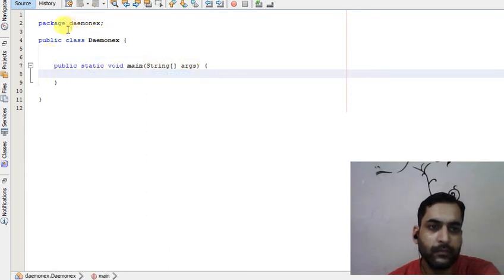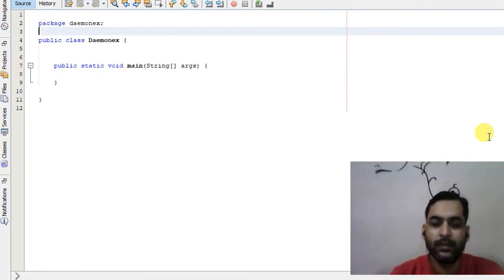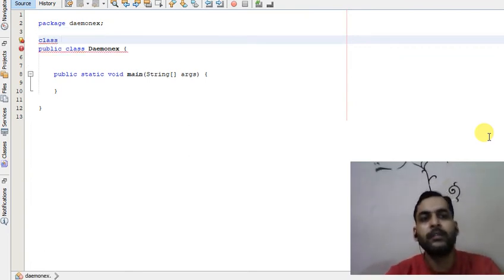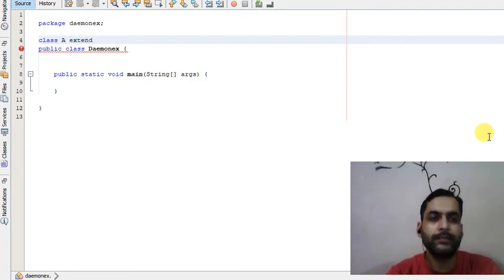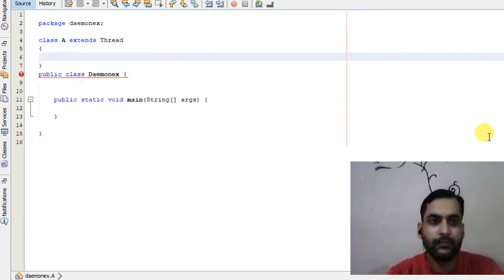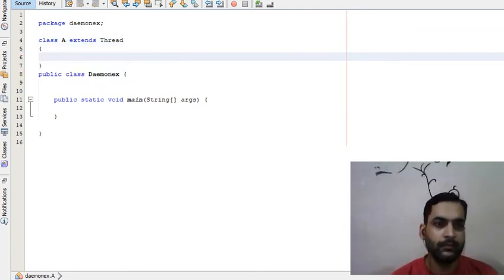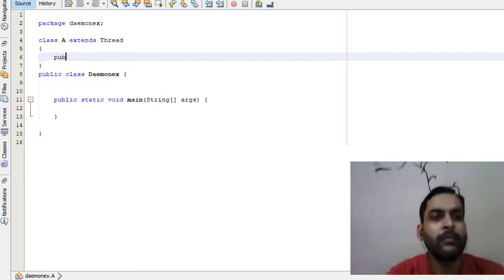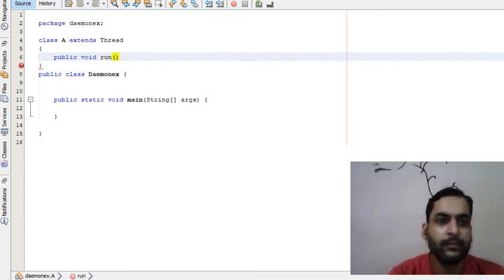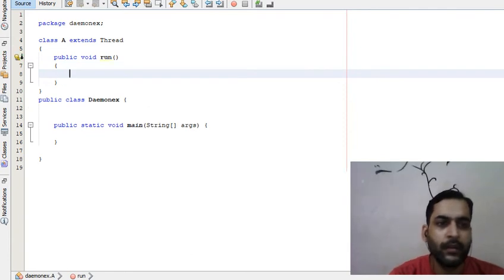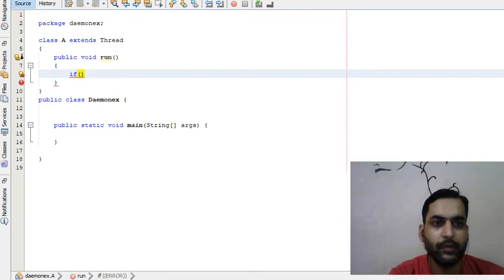Let us create a class, suppose it extends Thread, and public void run. Inside this we will check whether the running thread is a daemon thread or not.